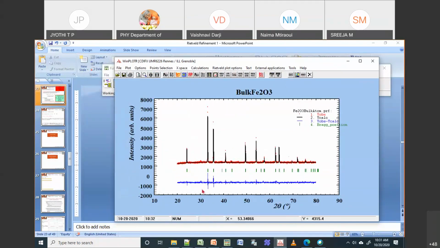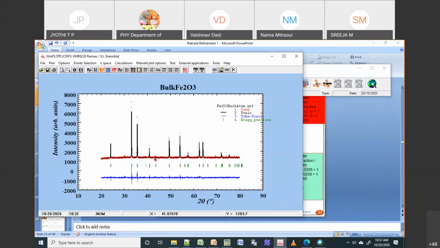As you get used to the refinement, you can try different backgrounds with a 6 polynomial, with a 12 polynomial. So 12 coefficients, 6 coefficients polynomial, you can use it. But for now I think this is better, so better stick with your manual background, and then try to do the refinement.